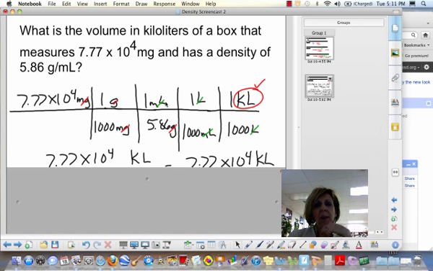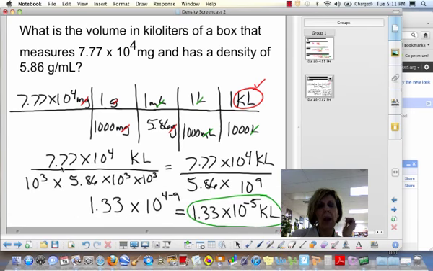And then I'm in milliliters, but the question asks me for a volume in kiloliters. So I have to convert milliliters to liters first. There are 1,000 milliliters in a liter. And then I have to convert liters to kiloliters. There are 1,000 liters in a kiloliter. When I do that,